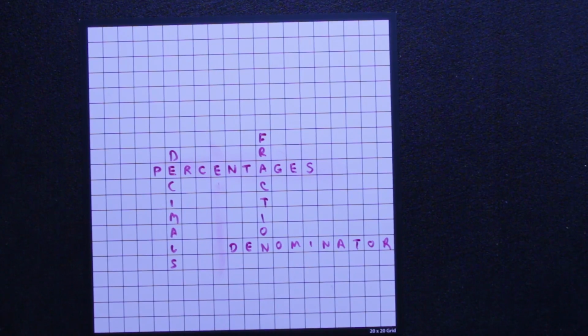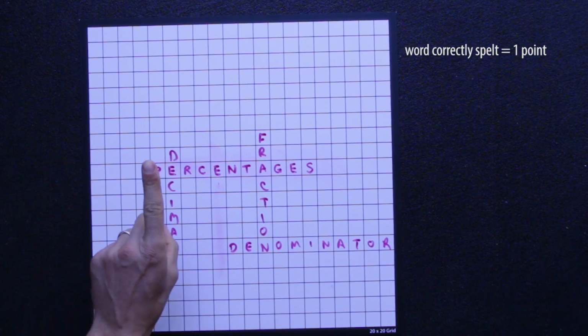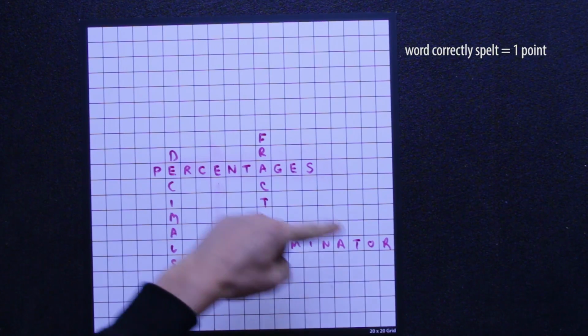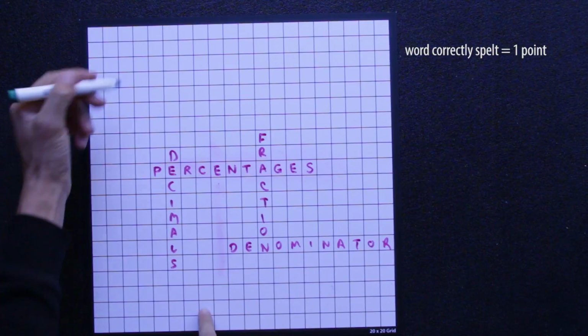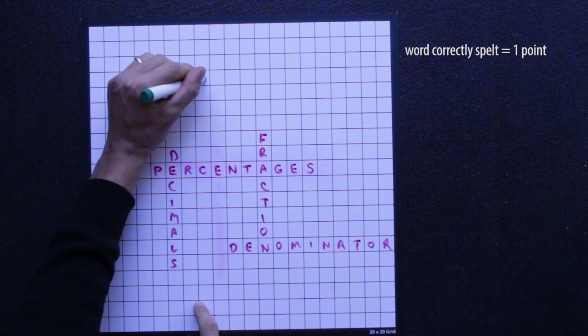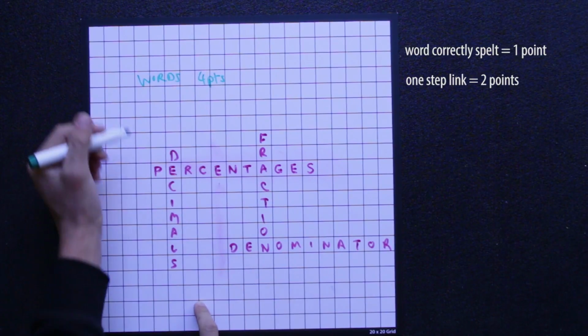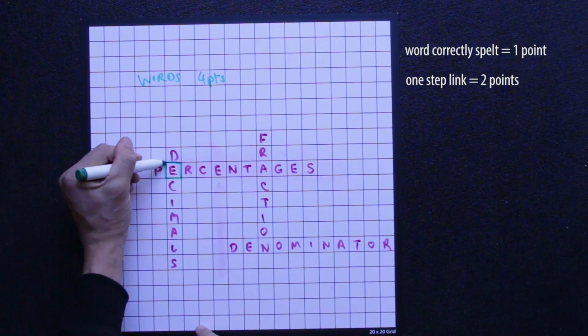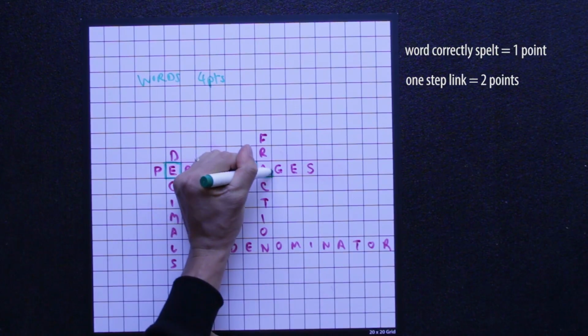at the end of the game you can score it. You get 1 point for every word that's spelled correctly in your crossword, so 1, 2, 3, 4 points for that. So I'll just write this, words, 4 points. Then for every link you can explain, so you need to put a square around everywhere the crossword